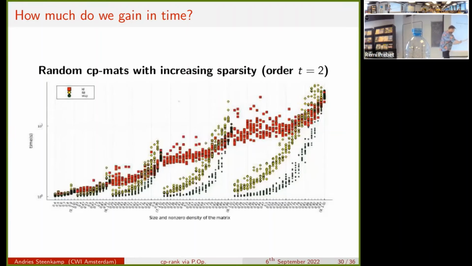Here we go. This segment here is matrices of size 5 by 5. Nothing much of interest. 6 by 6 here, 7 by 7 here. Oh, the most important one. Red is the dense hierarchy. Yellow is the sparse hierarchy. Green, I will explain afterwards. Green looks the best, no?